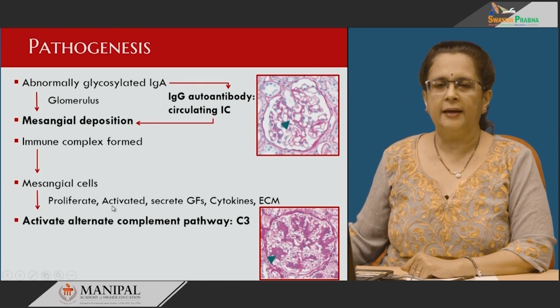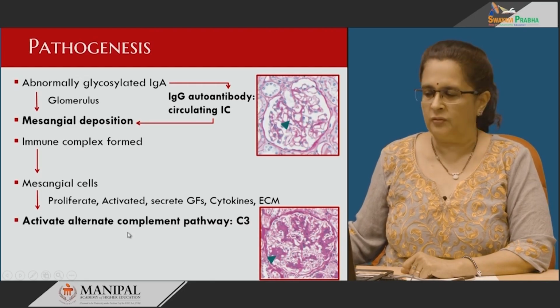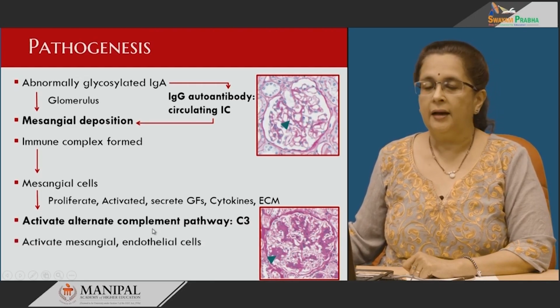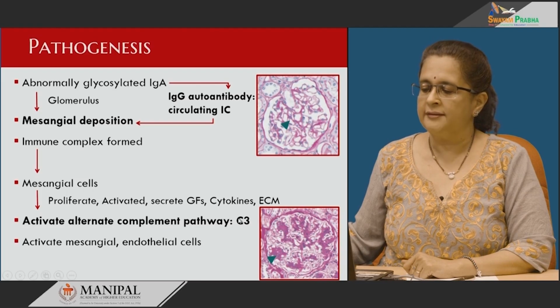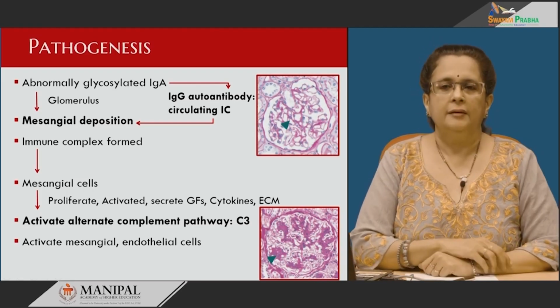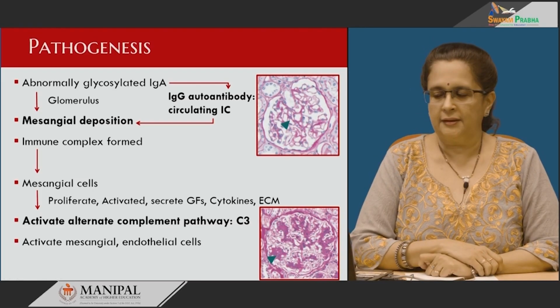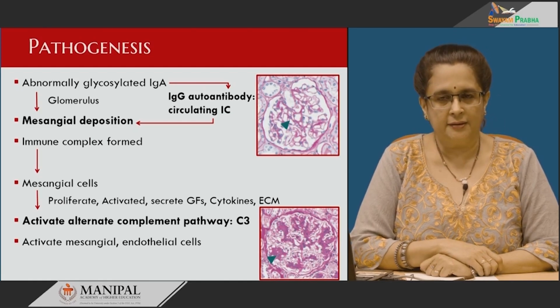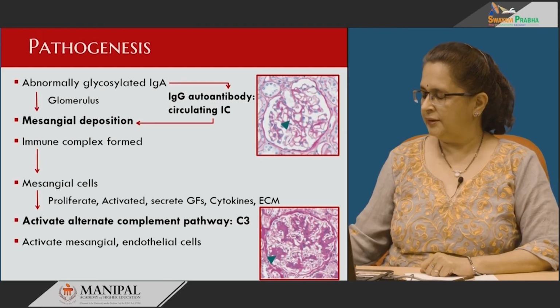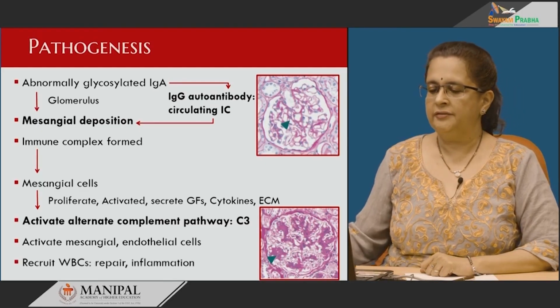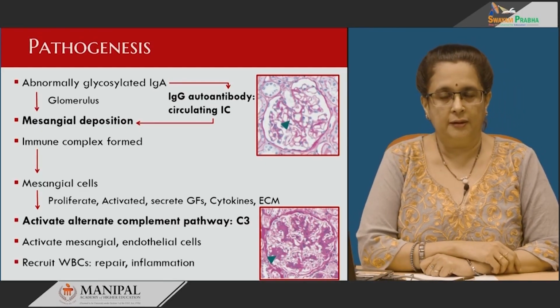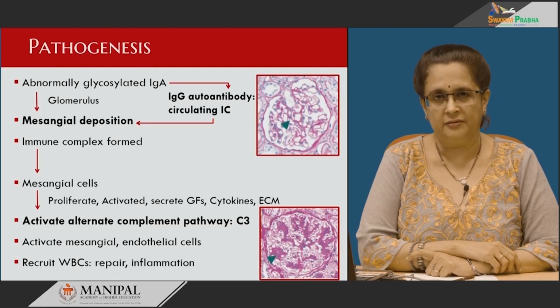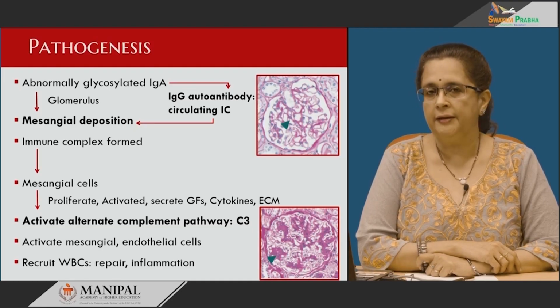Now, these in turn activate the alternate complement pathway, that is C3 levels are increased here, and C3 will be deposited there. The activated mesangial cells and endothelial cells will secrete certain cytokines, and these bring the WBCs to that location. So, the activated WBCs will be involved in inflammation as well as repair, wherein they may remove some of